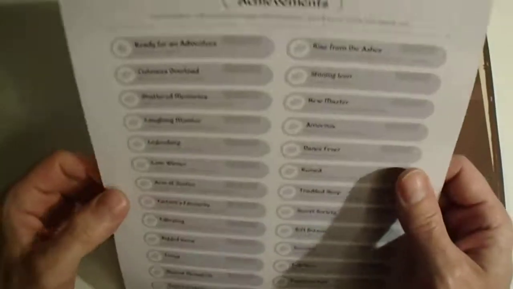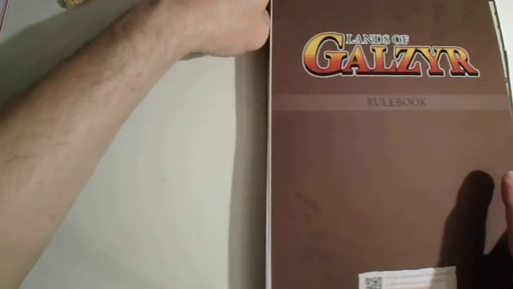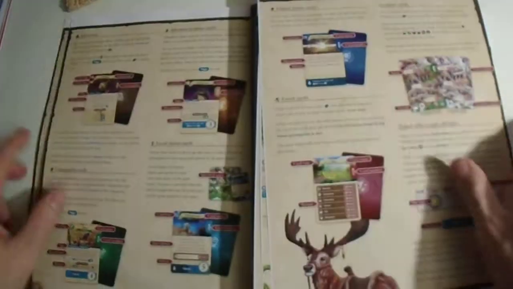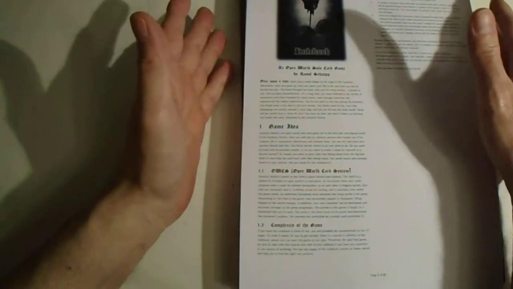So these are the Lands of Galzyr achievements. Use this sheet to keep track of your achievements. You'll know when you unlock one. I think it's useful to have at least in your hand. Now, Lands of Galzyr, the rulebook. Why not print it now and enjoy it in bedtime stories? It looks awesome, and I intend to read it and provide feedback to the author so he can make your version even more